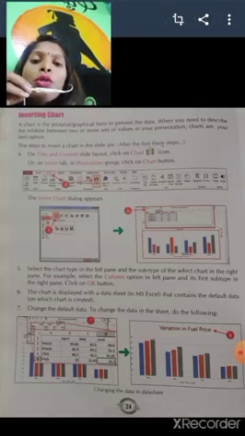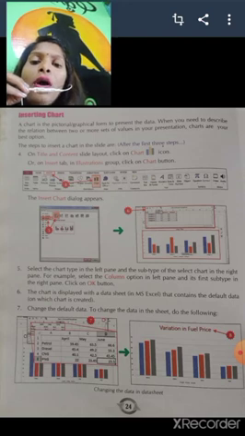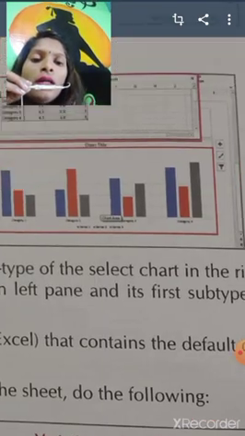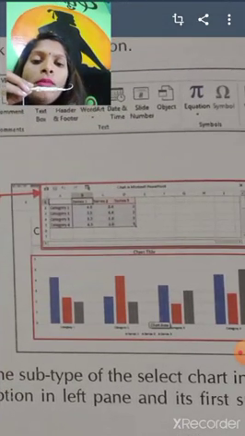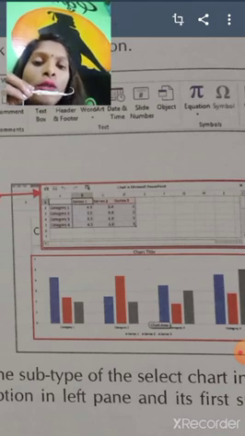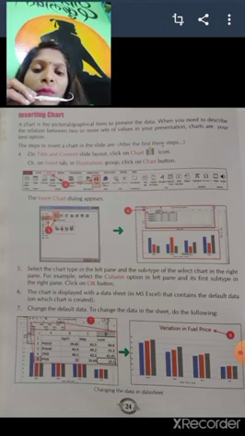So step number 4: on the Title and Content slide layout, click on the chart icon, or on the Insert tab in the Illustrations group, click on the Chart button. Then the chart box will appear. For that you will need to select a table. Here it shows category 1 to 4, and then series 1, 2, 3. So this is how a chart can be created.